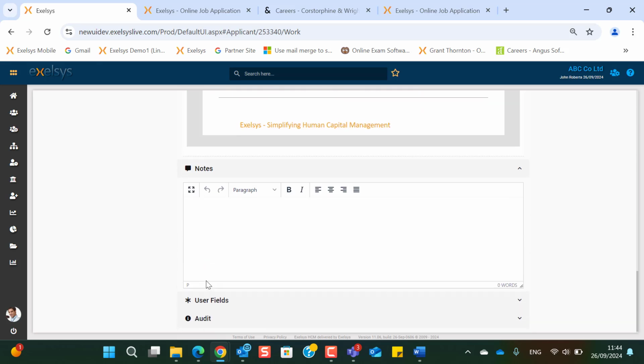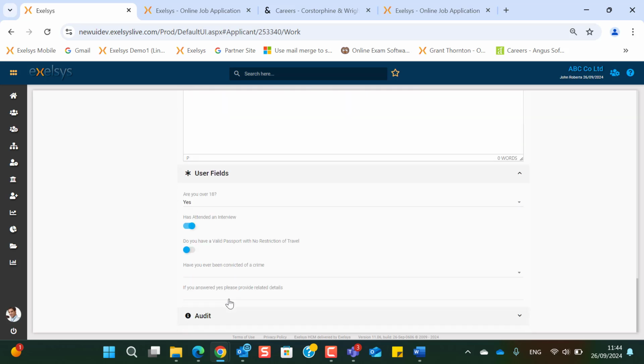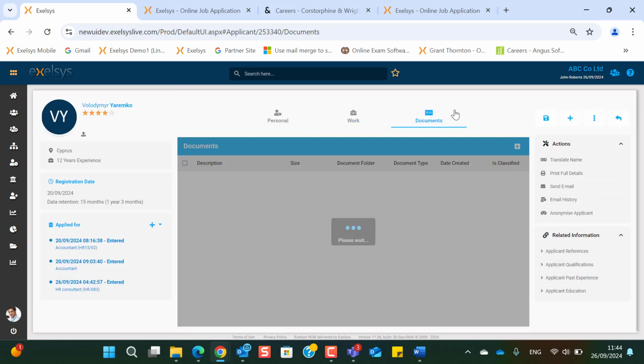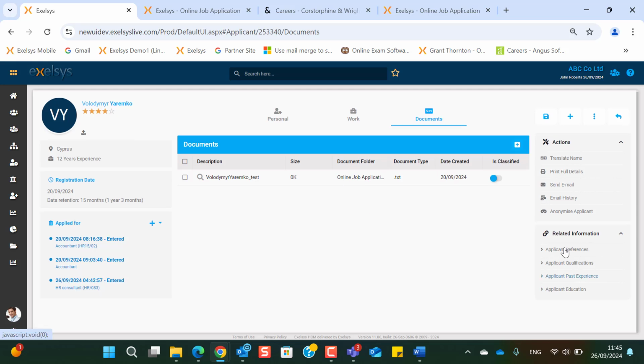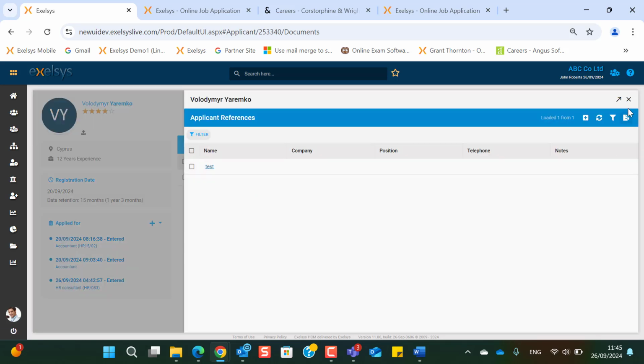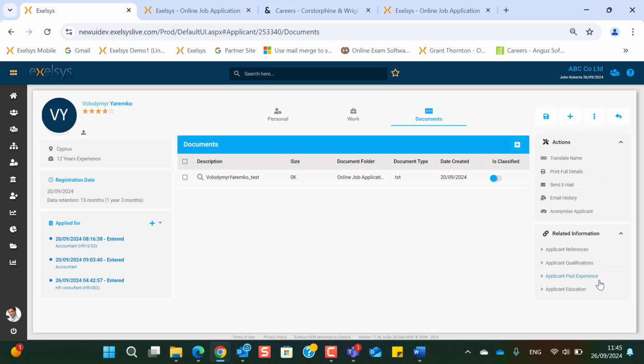Notes for any additional notes, and user fields, customized fields created by the HR administrators for any additional information that is not included in the system. And finally, we have documents such as CVs, reference letters, degrees, and so on. On the right corner, we have some additional information. We can view the applicant references, applicant qualifications, applicant past